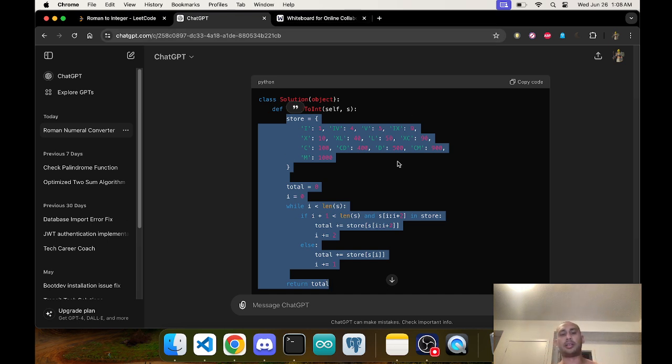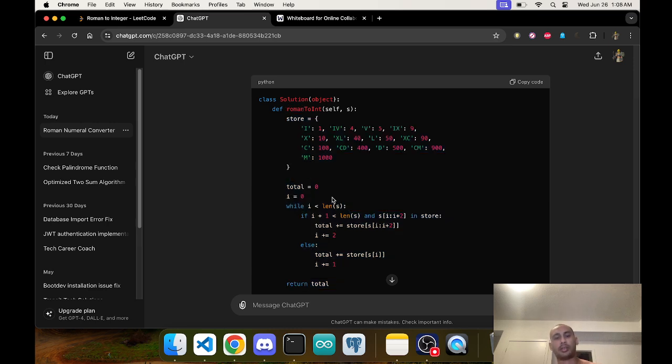It's basically saying total 0, I is 0, uses a while loop, indefinitely keep going. If I is less than len s, so basically you want it to go to the last element of the array, because you don't want it to be equal to len s, you want it to be less than. So it goes to the last element of the array. If I plus 1 is less than len s, and so this kind of also handles the final one. So if I plus 1 is less than len s,